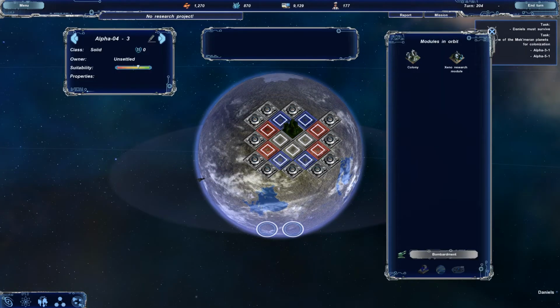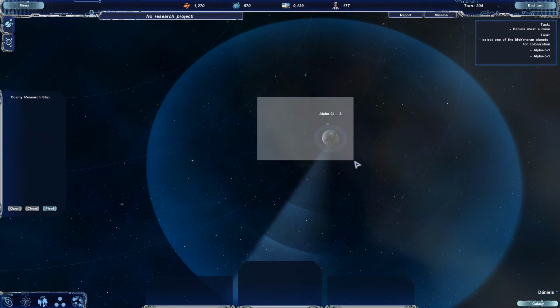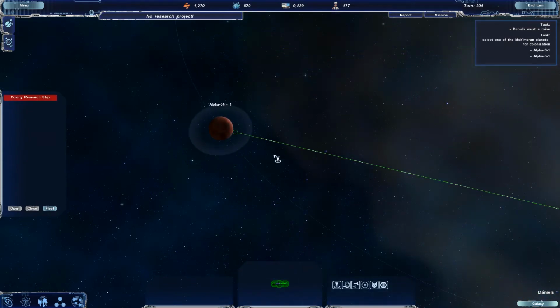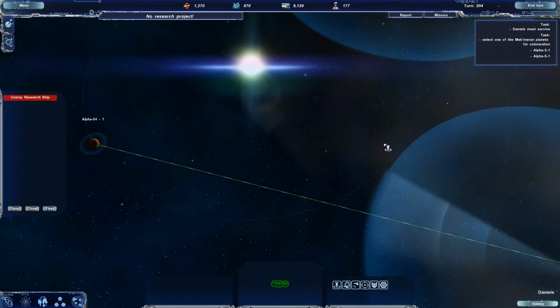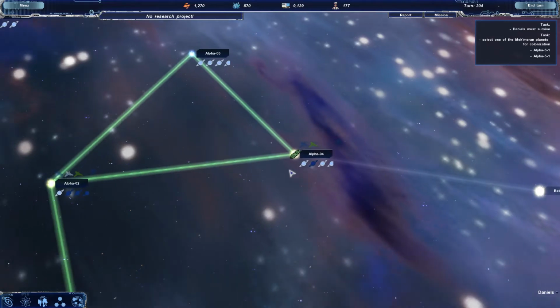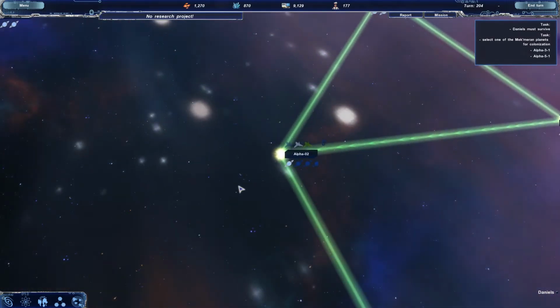Ooh, this is a nice one, isn't it? We'll definitely take that. Deploy now, moving out, research building on that planet. Alpha 041. Well, everyone else heads back, hopefully before...